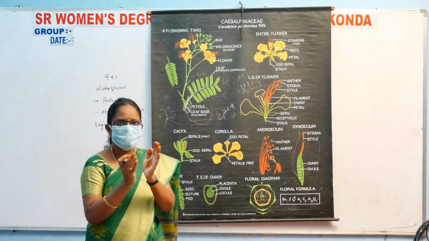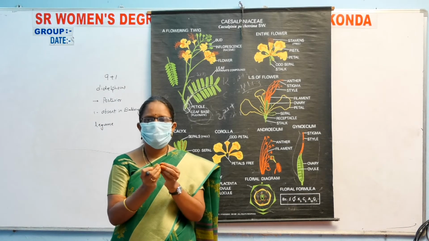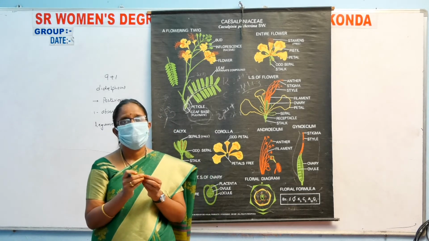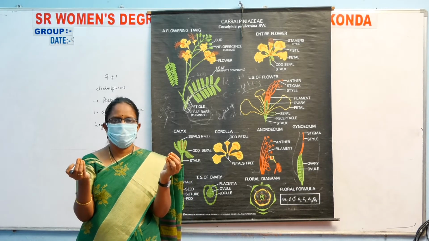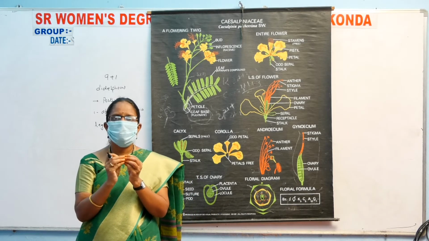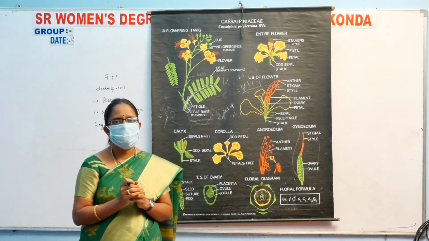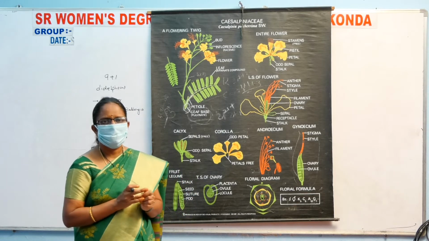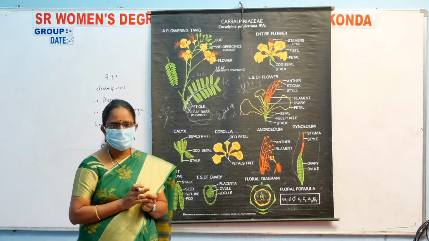The fruit splits on both sides, the dorsal side and ventral side. For example, we take the bean, Dolichos lablab, the best example of Fabaceae. When we keep the bean pod, it opens on two sides. The fruit splits on both sides, dorsal and ventral. The fruit is a legume, and the pollination is normally entomophilous, or insect pollination.